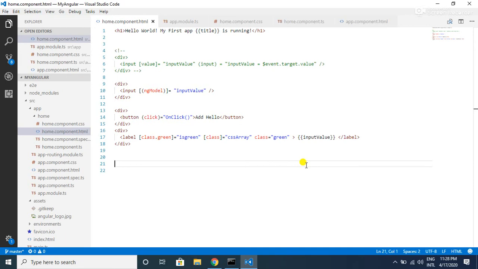Attribute directives listen to and also modify the behavior of HTML elements, attributes, properties and components. Just like HTML attributes, attribute directives are also applied to HTML elements. That is the reason why we call them attribute directives. Out of these attribute directives, there are three commonly used ones.